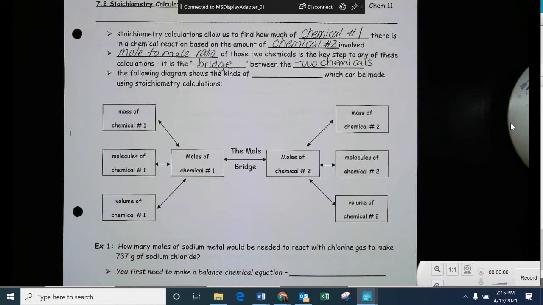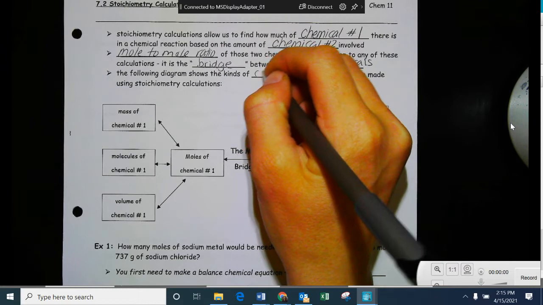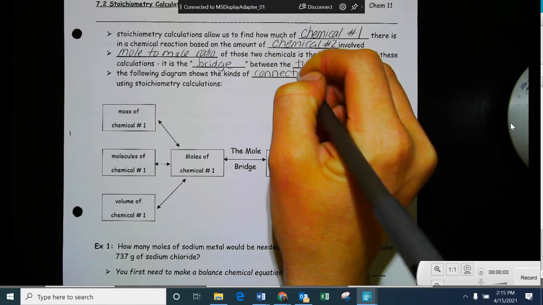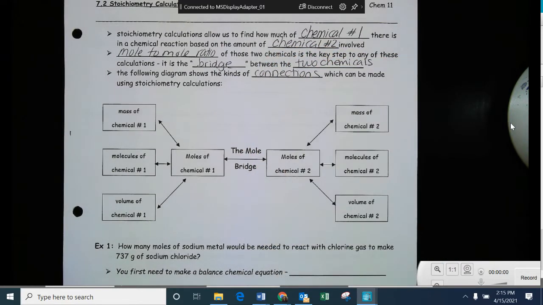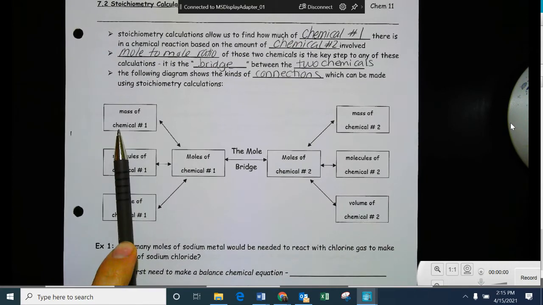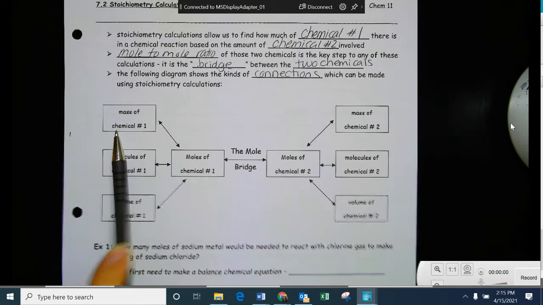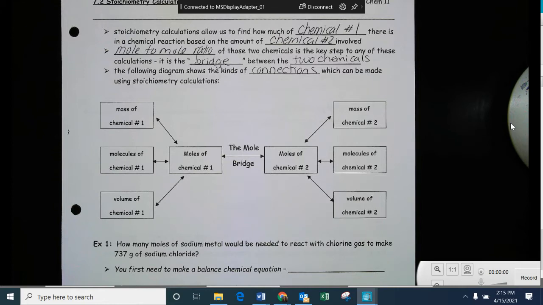So this diagram just kind of shows the connections that we can make with stoichiometry calculations. So I could say, if you have got 10 grams of zinc,